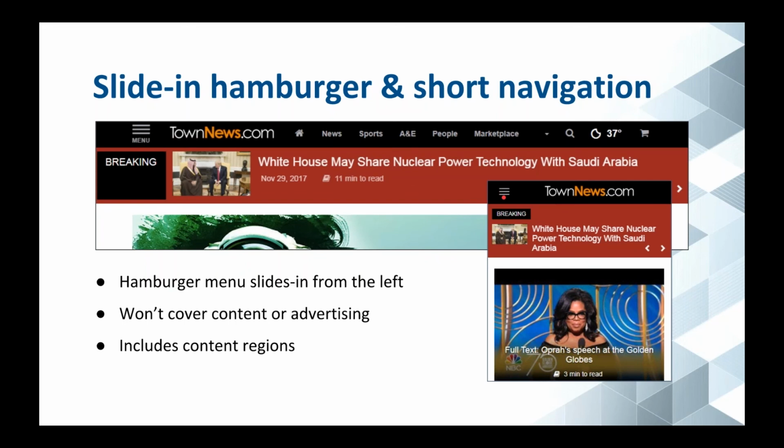The nice thing about this is that it gives a lot of room for content immediately, as high up on the page as possible. Some of the data that we're getting back also shows that if there's ads, so you can see right here is the start of where my advertising is on this example. Having advertising higher up on the page, either above the navigation or above the logo, the data says